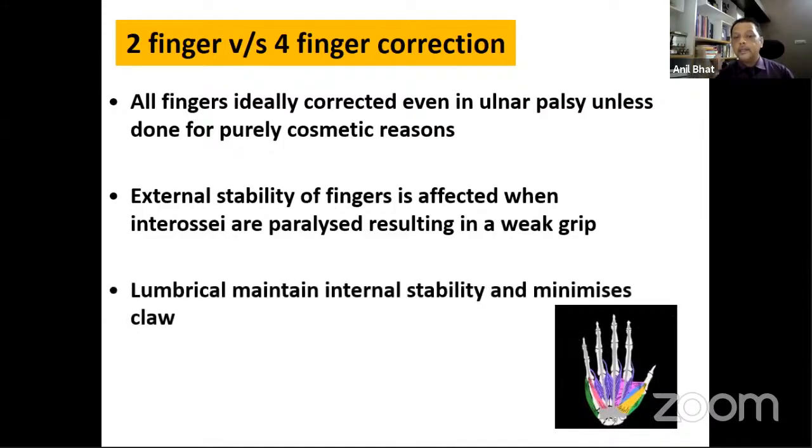And then lumbricals maintain the internal stability. So both are damaged here. At least these two lumbricals are paralyzed, but all the interossei are damaged. So for you to have a good grip, you have to operate on all the fingers if you do a